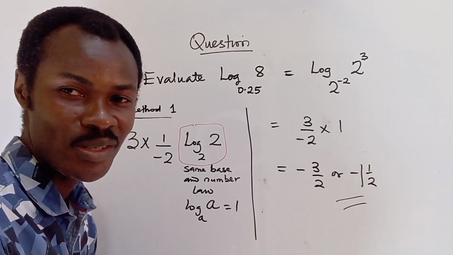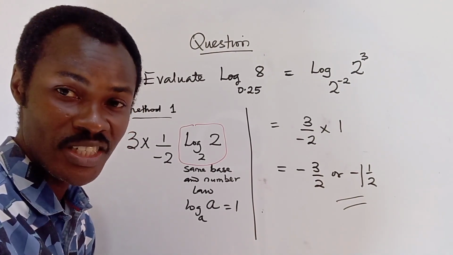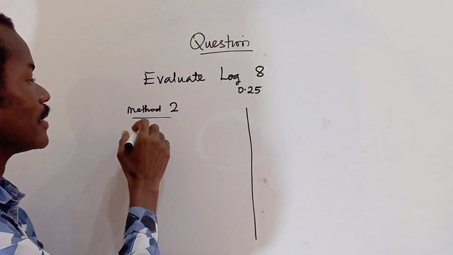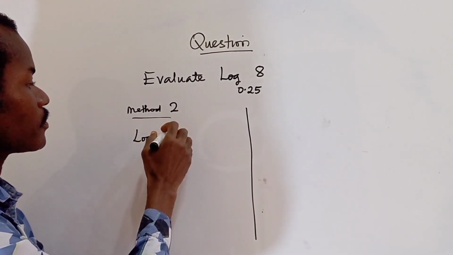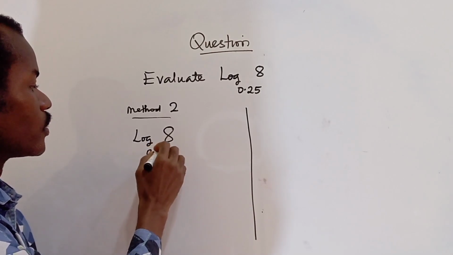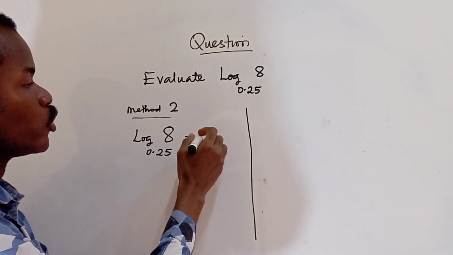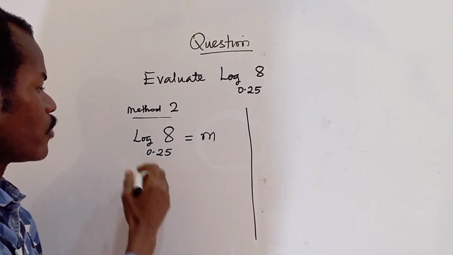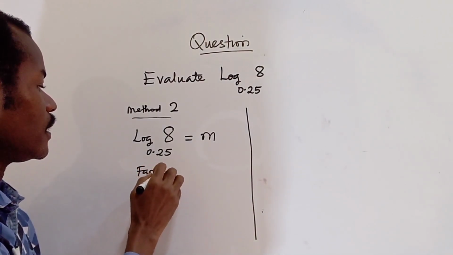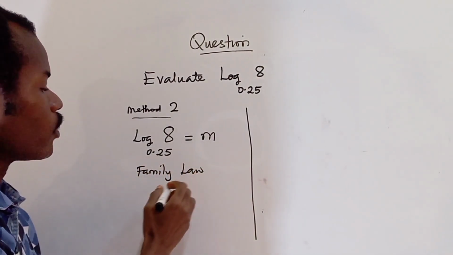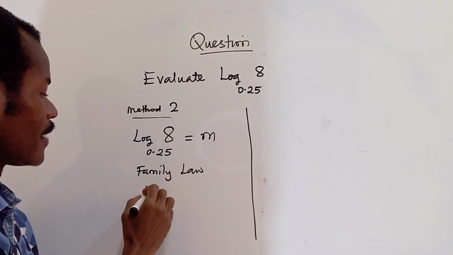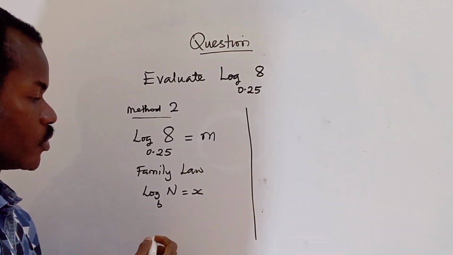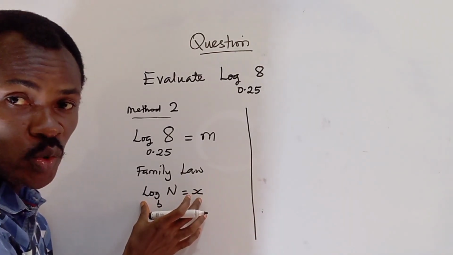Now let's quickly work on the second method, which is much easier and even faster. For method 2, we have our log 8 base 0.25. I can decide to introduce any alphabet X, Y, Z, but let me use M. Now we are going to apply what we call the family law. Now what do I mean by the family law? If I have log n base b is equal to x, I can change this to